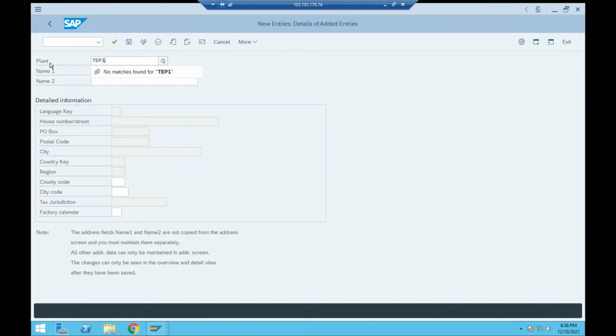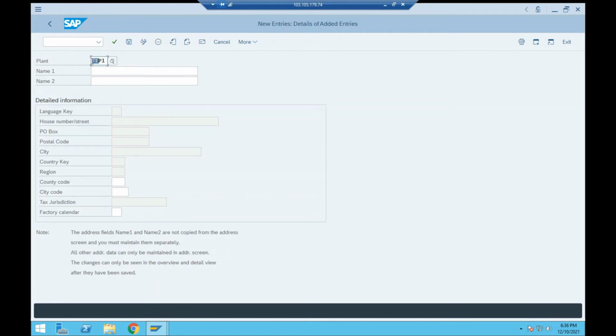There we need to write a plant code. It should be a 4-digit alphanumeric, and it should also not be used by other users. No matches found, so TEP1 can be used for our plant definition.